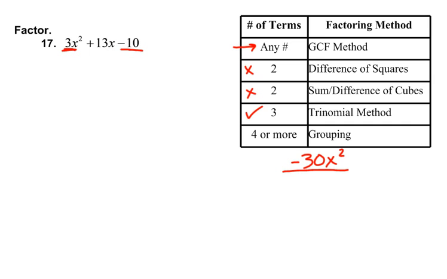Now, by this point, you're probably saying, man, why does he keep giving us all the trinomials? They're very common. We stumble across these quite a bit in our class, so we're going to make sure we know how to factor them, because they're probably the more complicated of all the methods. So as we recognize the first and last term, we're going to make negative 30x squared. We list off the ways to multiply and get that. That would be 1x and 30x, 2x and 15x, 3x and 10x, 5x and 6x. So we're going to now be looking for the combination that will subtract